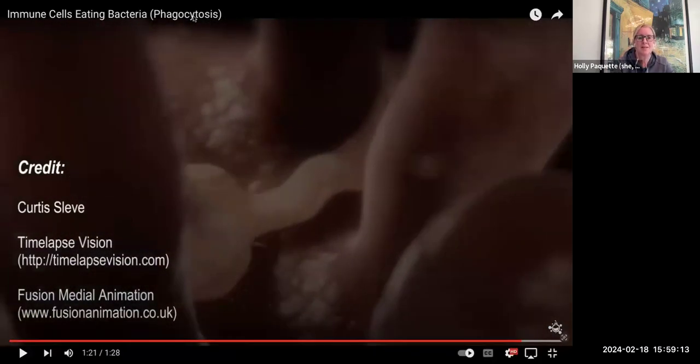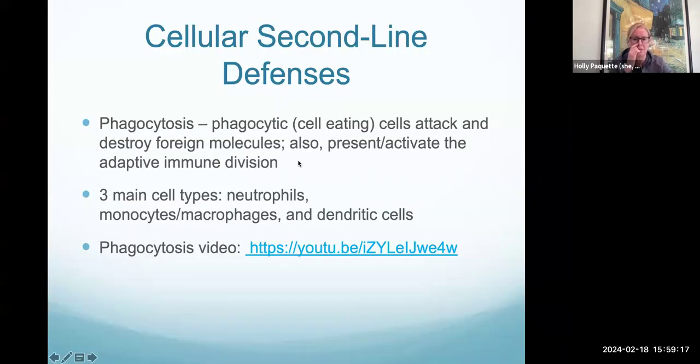So hopefully that was helpful in looking at what phagocytosis looks like. And you're welcome to go back and watch that if you want. Even though they were showing it with bacteria being eaten up, this is true for viruses as well. So that takes us to the last part of our second line of defense,